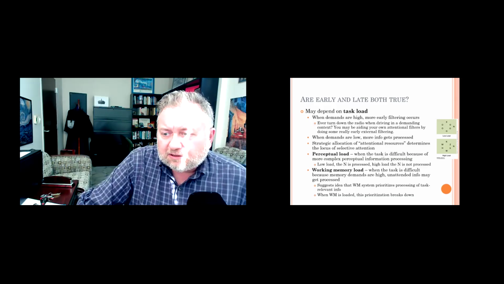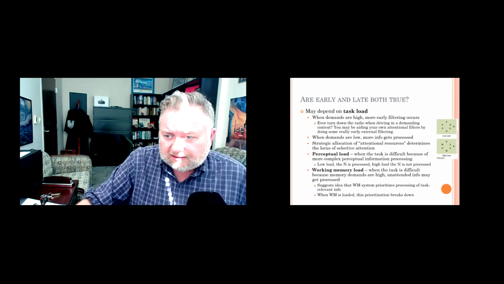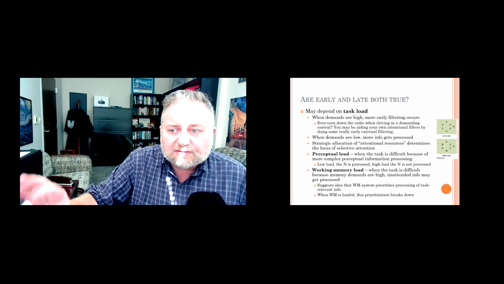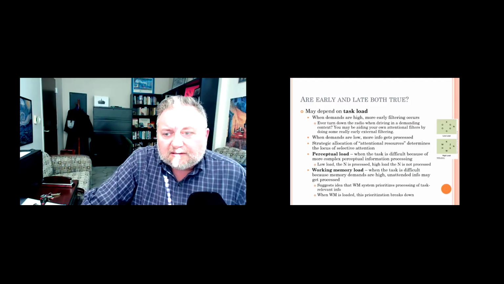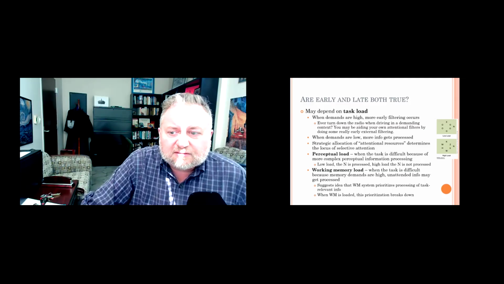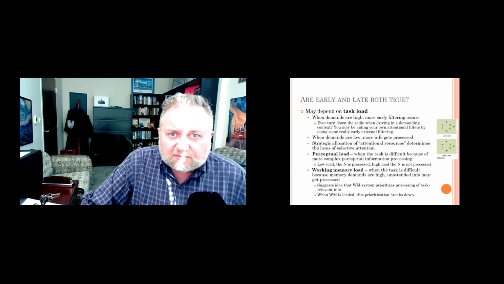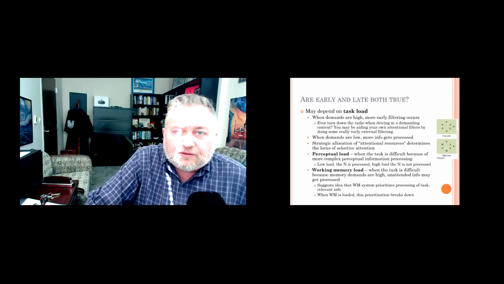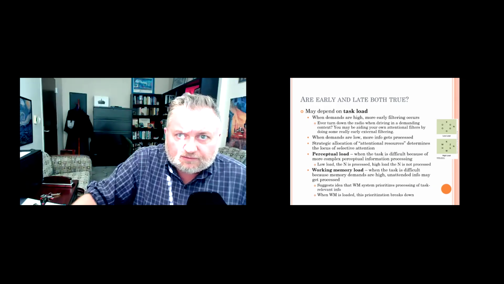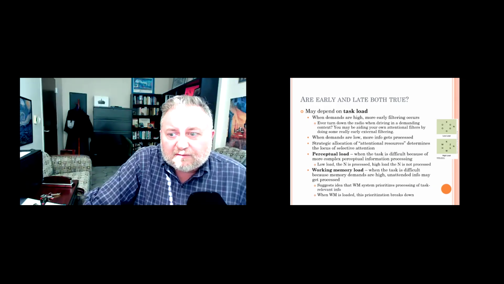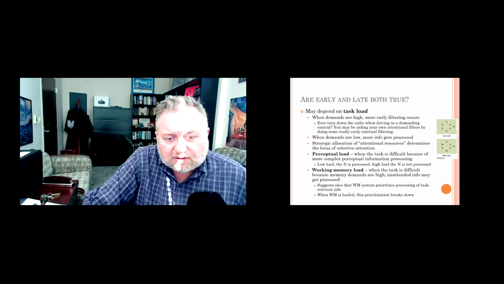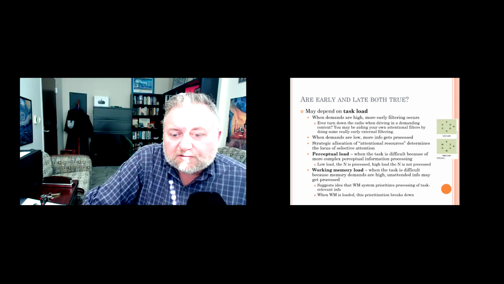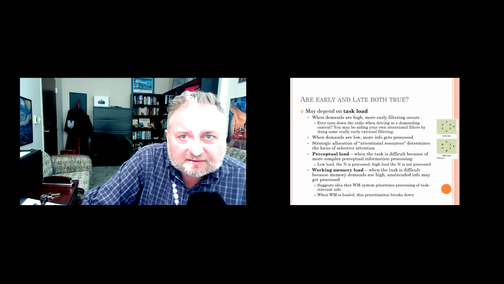So what's our task? Let's look at the low load condition on the right-hand side, the little image. You see a little circular array of O's, and there's an X at the top, and there's an N to the side. Your task is to keep your eyes centered in this screen. You're going to see all these letters appear, and your task is to judge whether there's an X present in this little circle of letters. In the case where all of the distractors are O's and the target is an X, that's a very easy task. It has very low perceptual load.